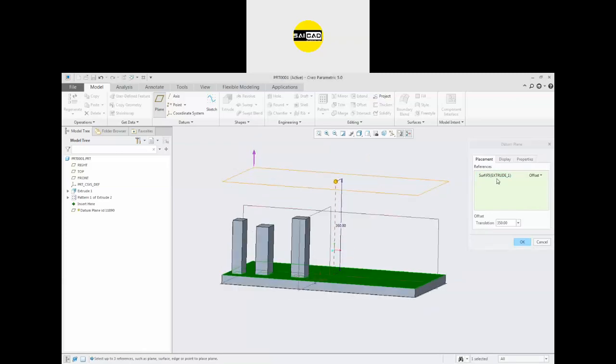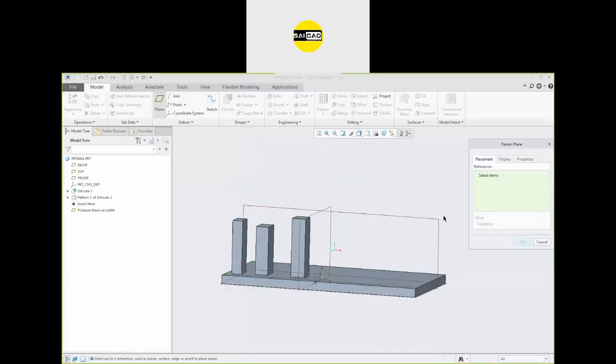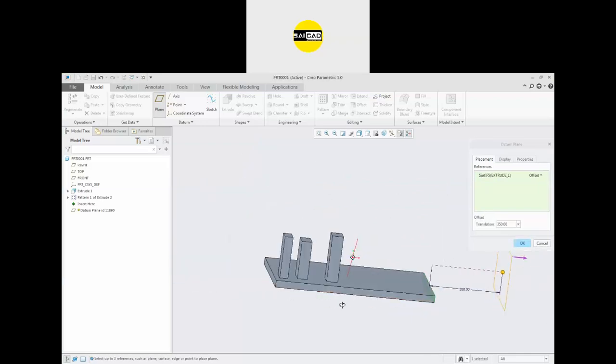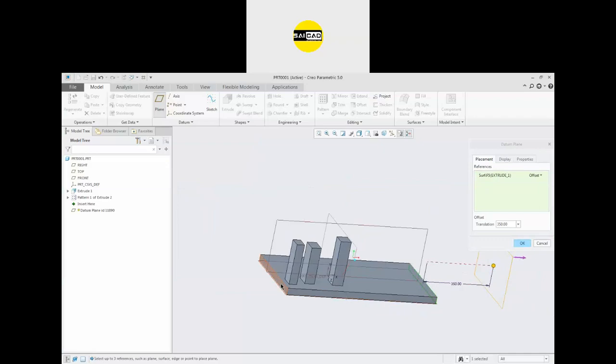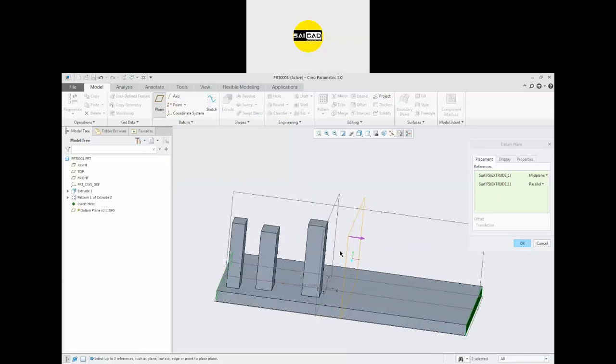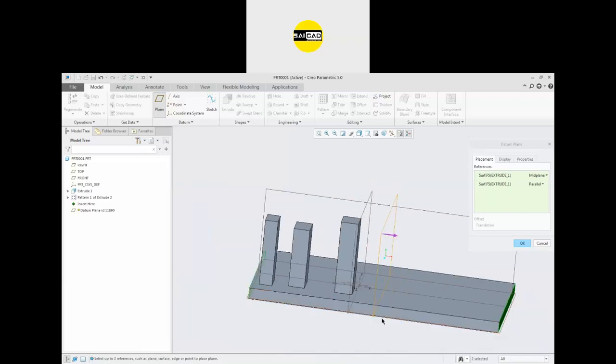If you want to create a mid plane, you can select the first plane like that, and press control, select the other face. The mid plane will be applied automatically. If you want to have a plane in the middle of some objects, you can select those two faces or planes.